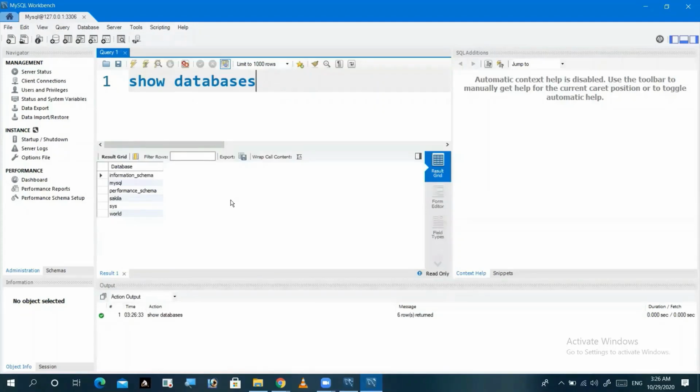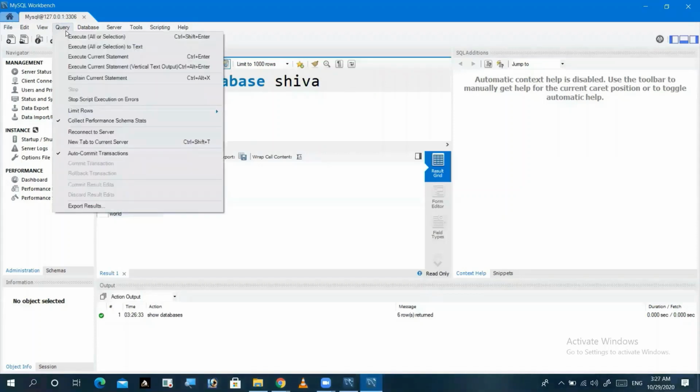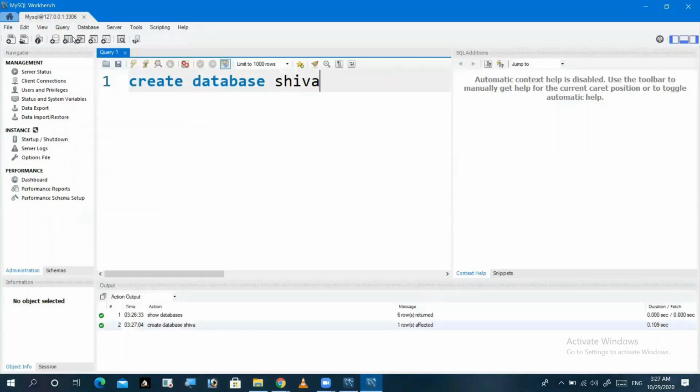If you want to create a new database, just write create database and your name, like Siva. Just write it and click on query and run.